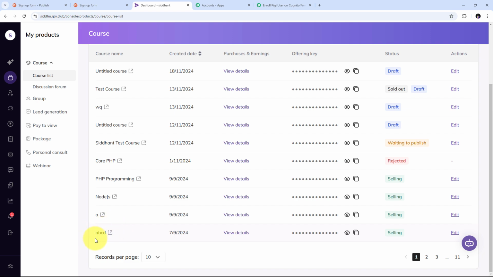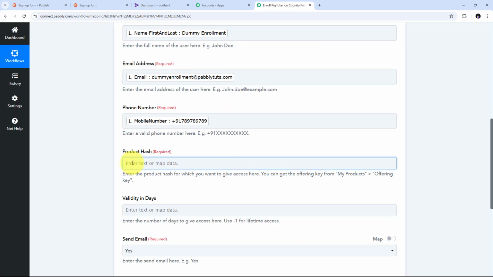And now for adding this, I need to get the offering key or the product key of this particular product. Here I have this tab of offering key, and this is the offering key of my product. So I need to first make this visible. I need to copy this. I'm going to take you back to Pabbly Connect, and I'm going to paste that here in this tab of